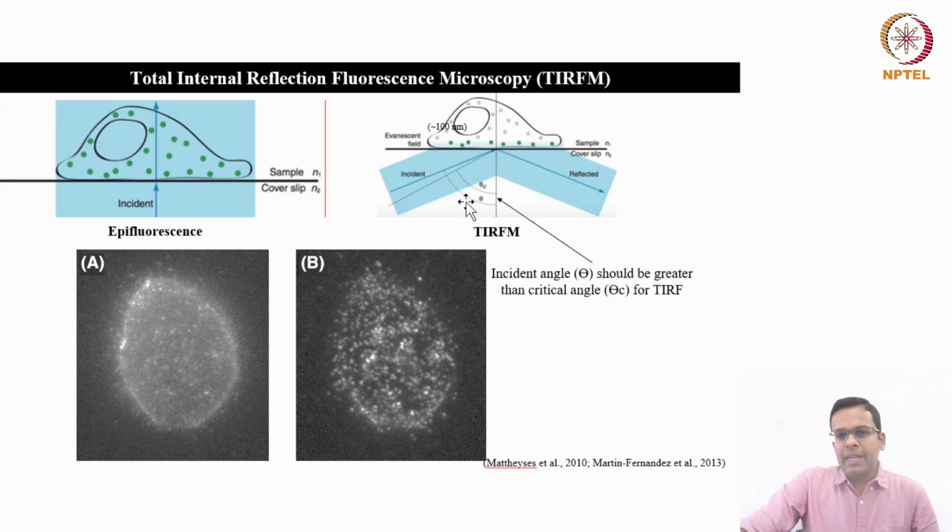So here I explained that in TIRF, this is the critical angle which is shown by the gray line. Okay, and for the TIRF, your incident angle, the blue line, is greater than the critical angle. Okay, for HiLo illumination, this blue line is on this side of the gray line. For HiLo illumination, the angle of the illumination light should be lesser than the critical angle. Okay, and why is this so? That we'll discuss now.